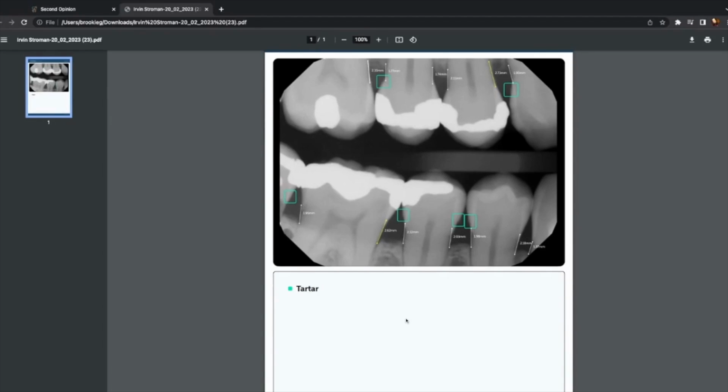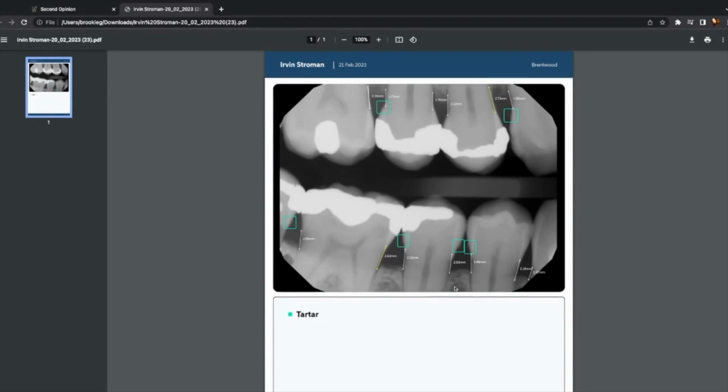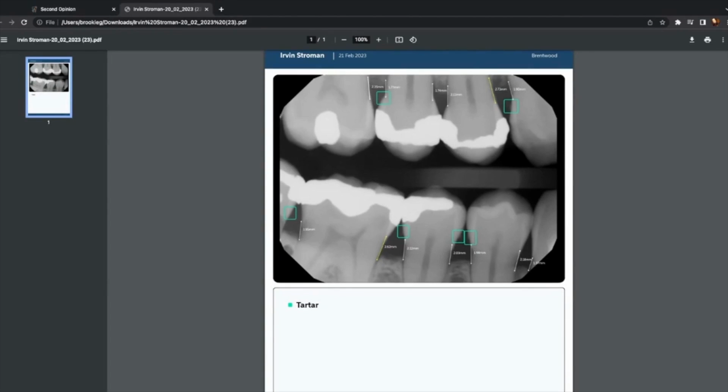Submitting this to your insurance can be very helpful. We're seeing a much higher approval rate and a lower denial rate when using the AI findings. The other benefit here to this particular single image with the AI findings is if you have a patient that you need to send home with some directions for home care.